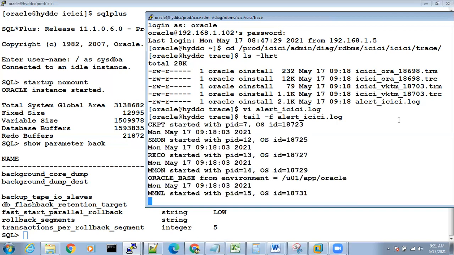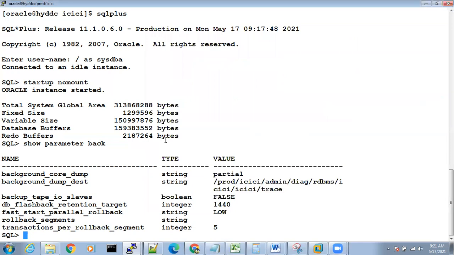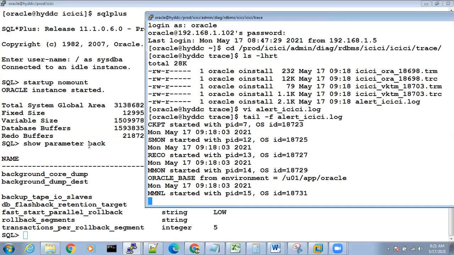So you can open this file. Just keep this file open like this and keep it aside. That is another step. Now start creating the database. You have opened this file to monitor. And what do you monitor in this file? Very simple. This is a very, very important file.